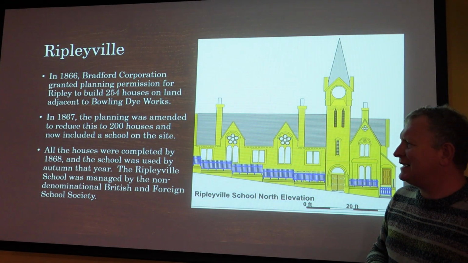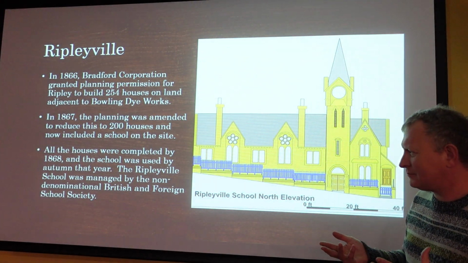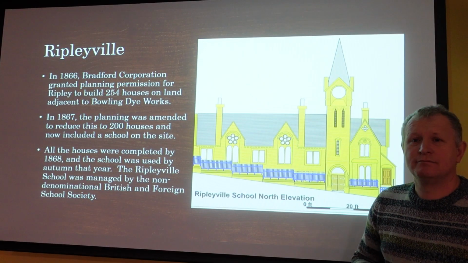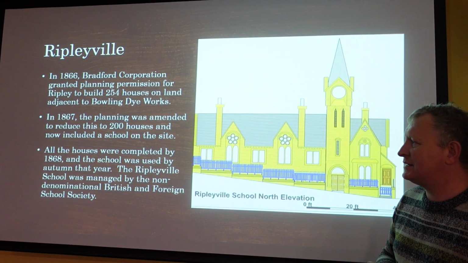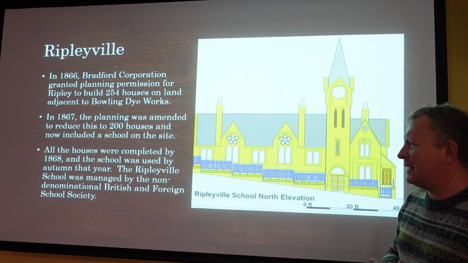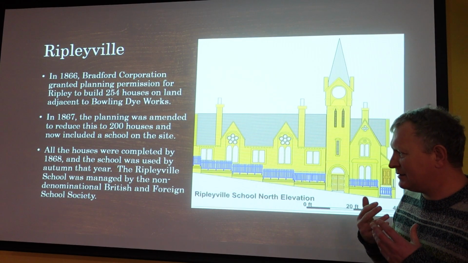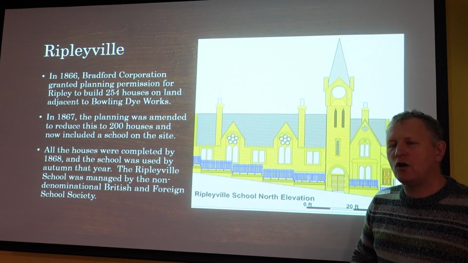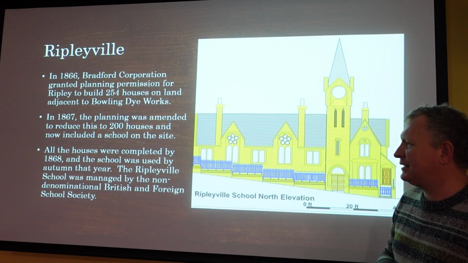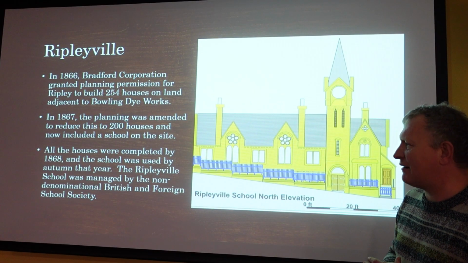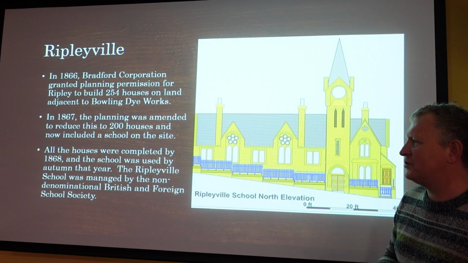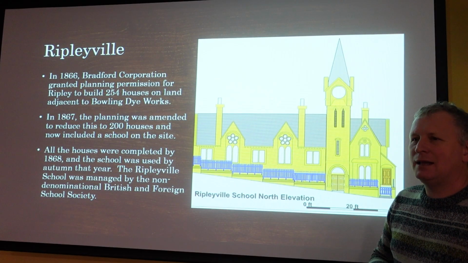All the houses were completed by 1868 and the school was used later that year. Ripley himself wasn't involved in the management of the school. He got an existing charitable organisation, the British and Foreign School Society, to come in and manage it. And they were a